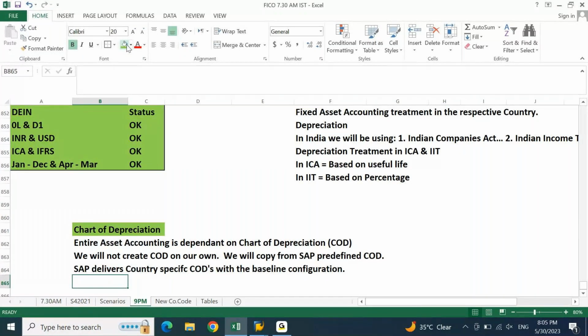If you are clear or if you are not clear about any particular country's chart of depreciation or fixed asset treatment, first thing that you do is go to SAP, find out the chart of depreciation for that particular country,